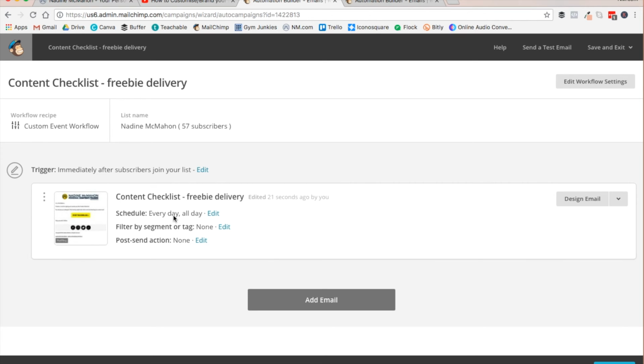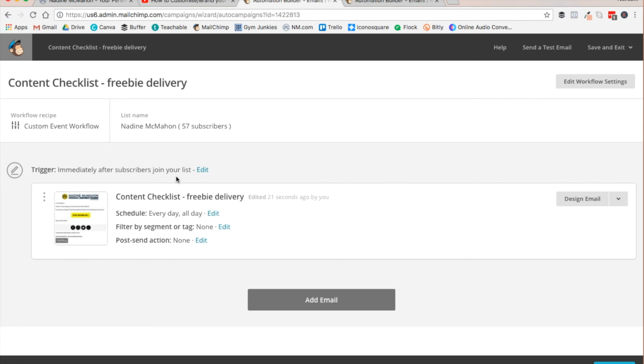So this is where there are some other actions on each email in the automation sequence that can be really helpful to us. The first one is we want to filter by segment or tag, because what's happened so far is that this email is currently set to be sent to anybody who joins my list, which is fine. This would be useful to anybody, but I've only offered this to people who have come through this sign up form. And at the same time, I might be offering something different to people who come through a different sign